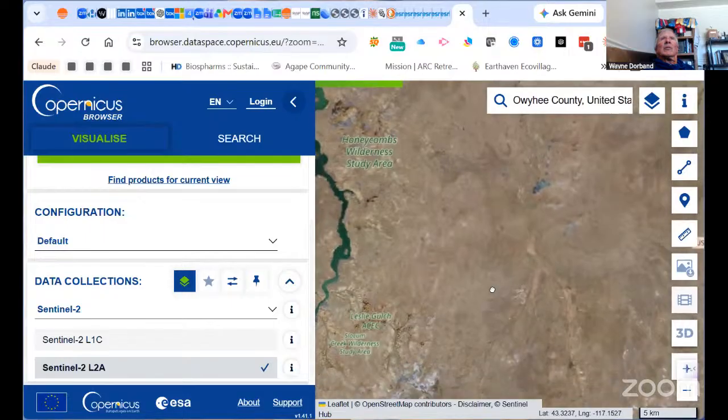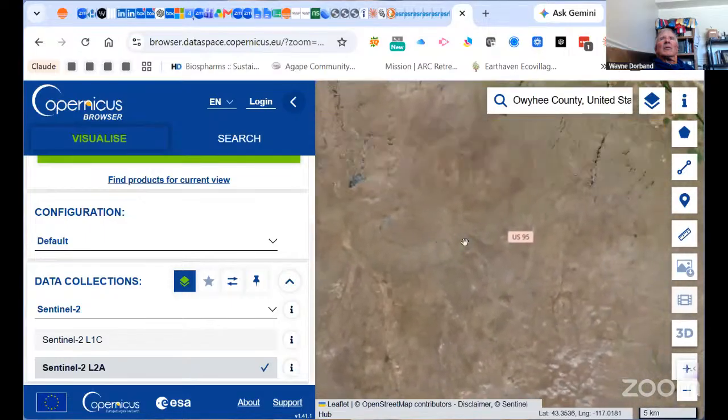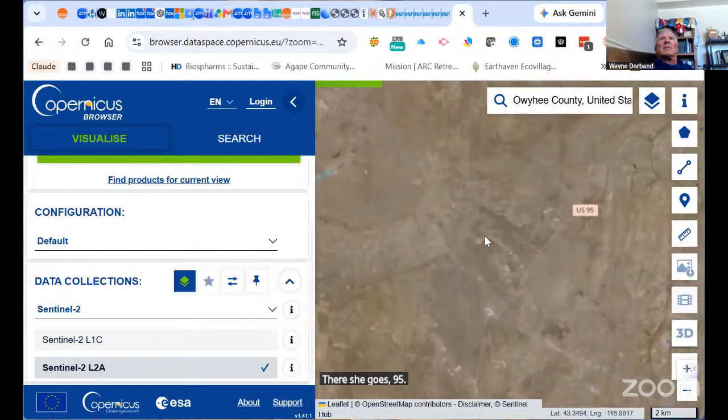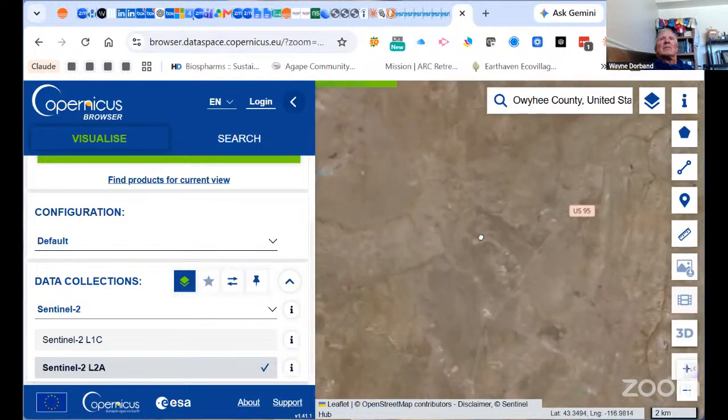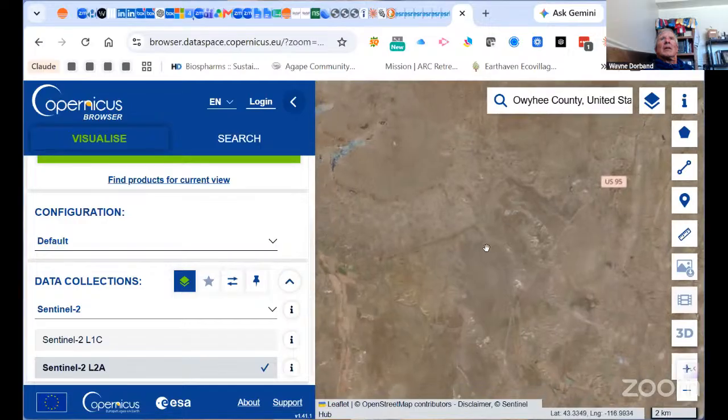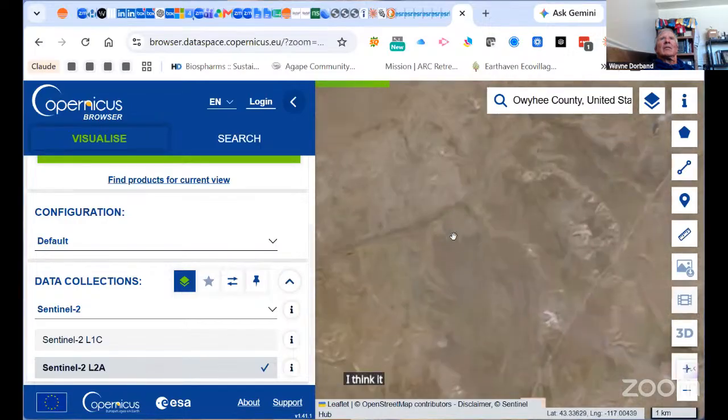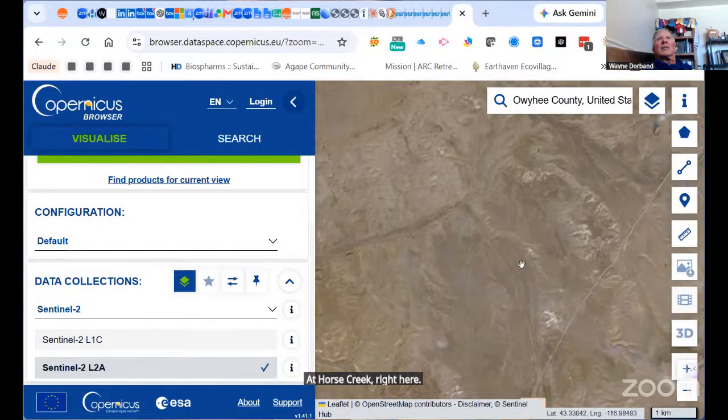Close. There's US 95. I think it's right here. I think this is it. Yeah, this is it. Dead Horse Creek right here. McBride Creek right here. And this is the color imagery. And we want to